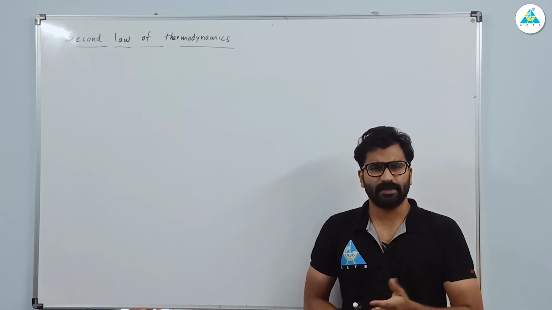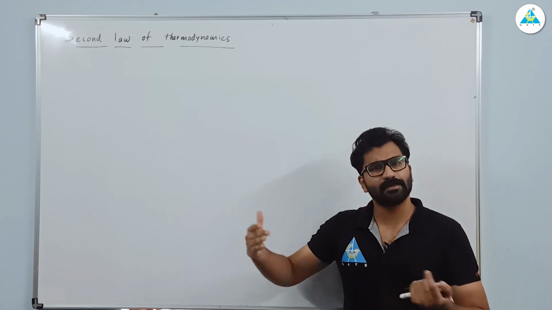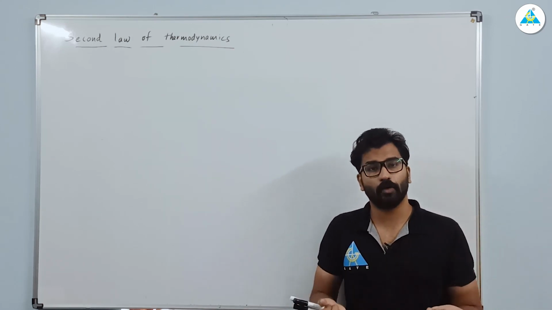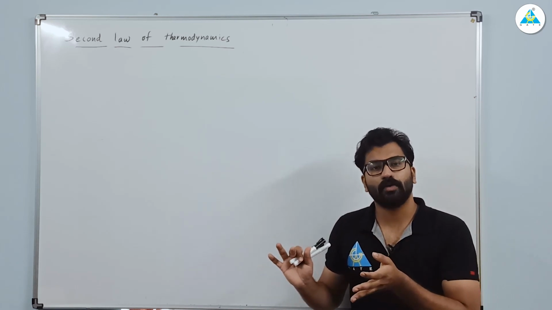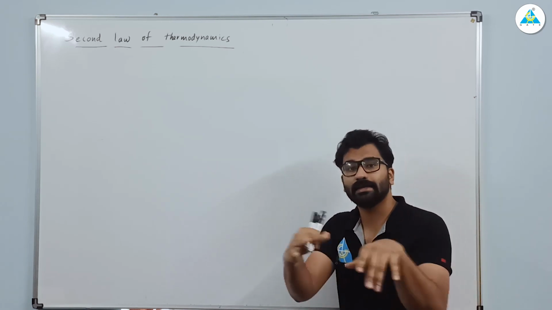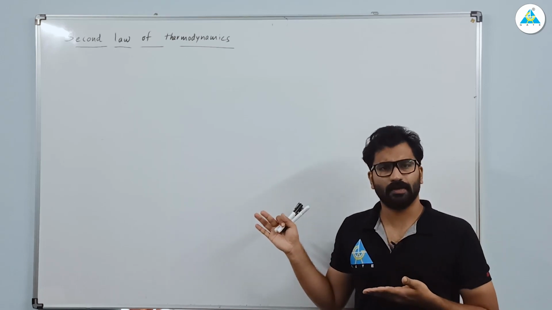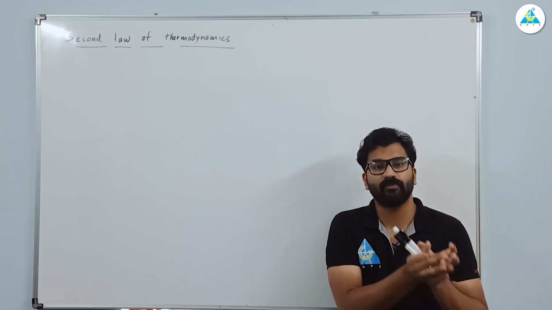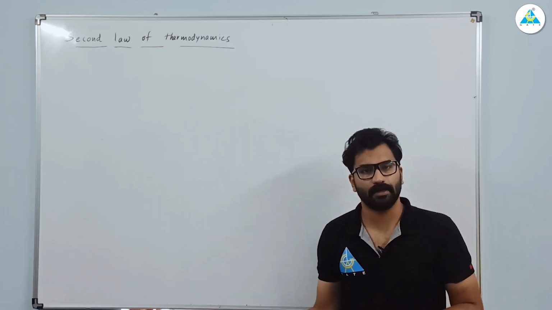So what is the meaning of second law? Why do we need a second law? Because the first law is not adequate. Or we can say, with the first law we are not able to explain things fully. That's why we need a second law. So there is some problem with the first law. The first law is not enough to prove something, so that's why we have a second law.